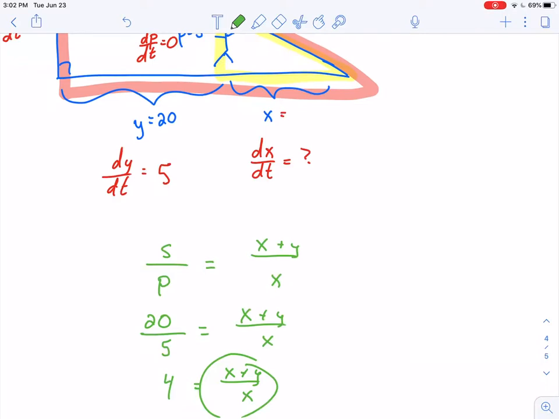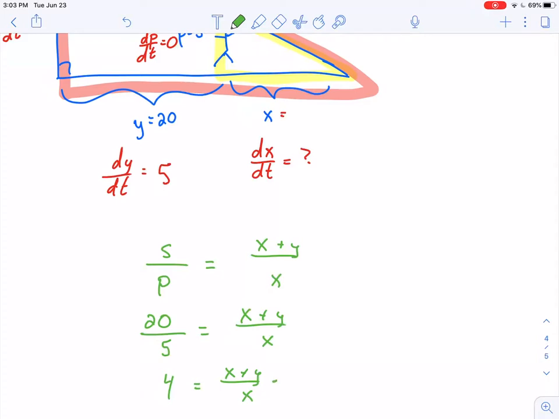Because if I wanted to take the derivative of that right-hand side, I'd be stuck using the quotient rule. And like I said, if I have a choice between using the quotient rule and not using the quotient rule, I'm going to choose to not use the quotient rule if I can get around it somehow. So before I take the derivative, I'm just going to algebraically manipulate this equation, because I can still use